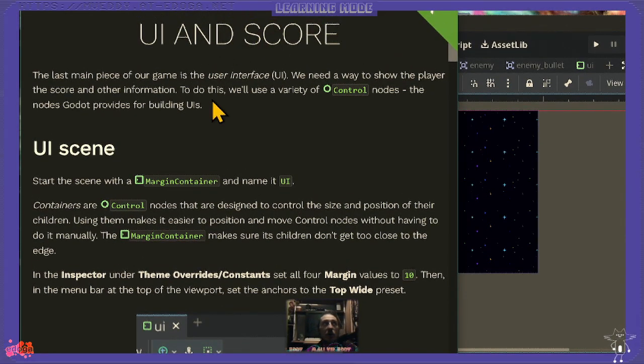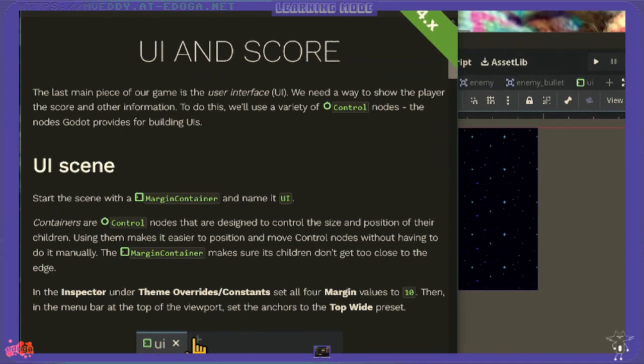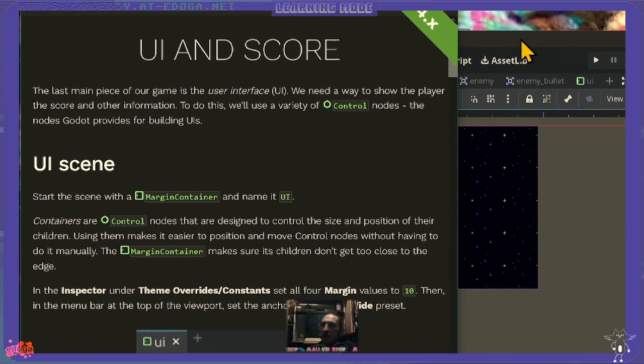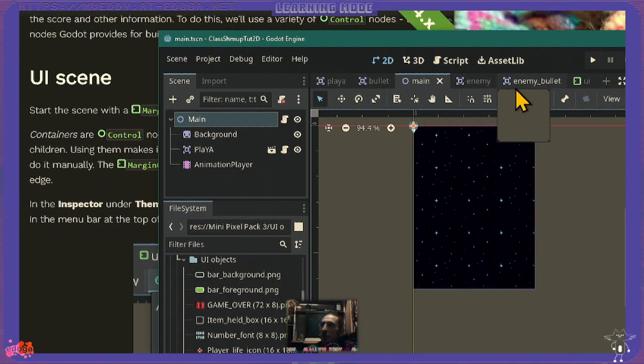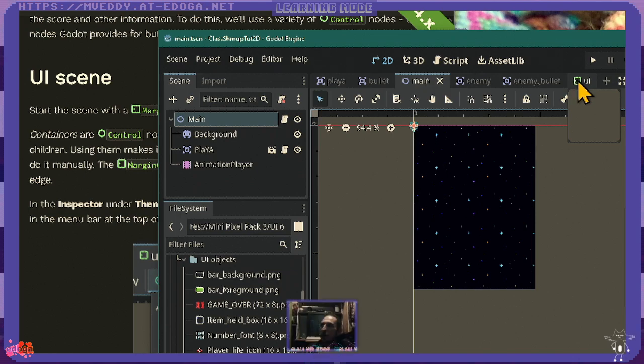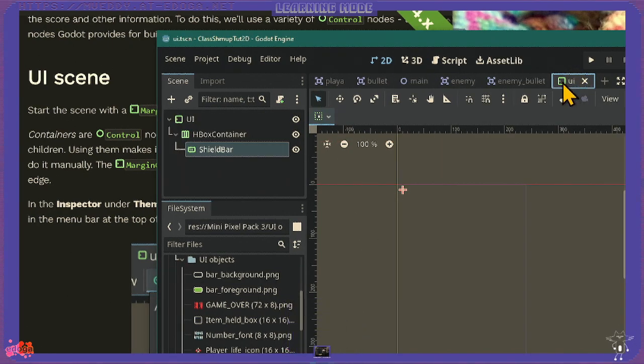This is what was going on at the end of the previous session, day 9, part 1. I'll go over it just so we're on the same page. We're building a user interface. I've added a new scene to the project, the user interface, with